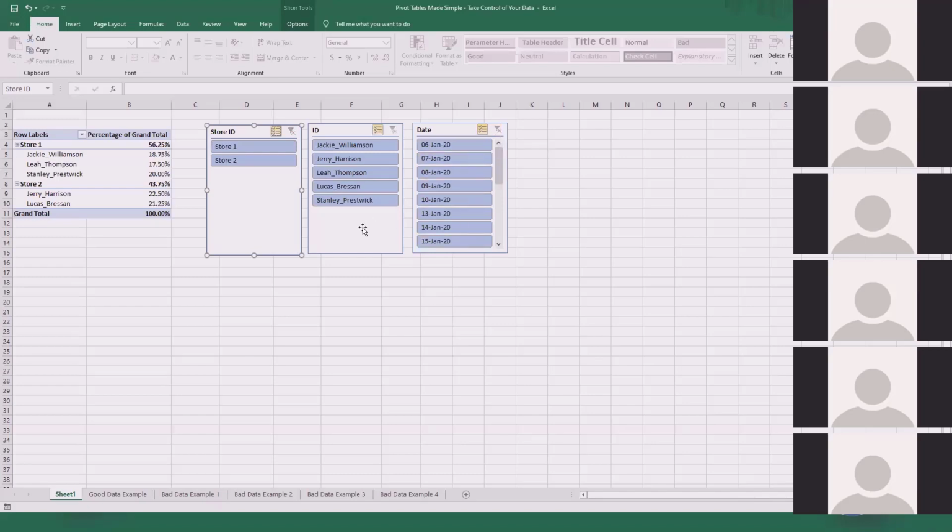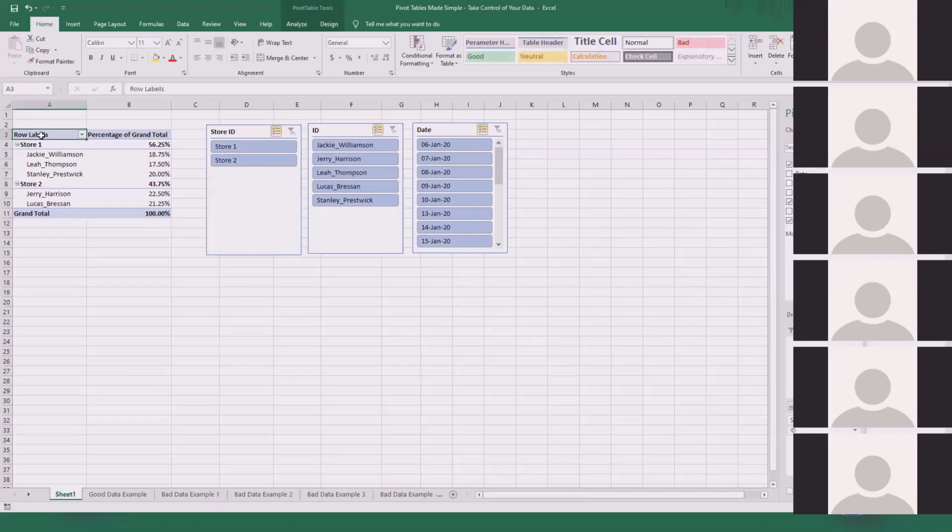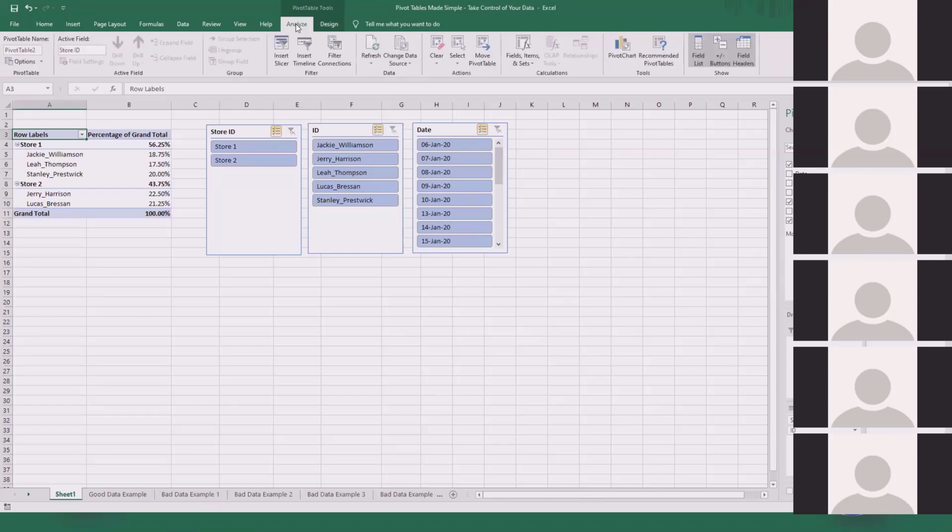So that's pretty cool. Our next part here is going to be about charts because filtering is great, but it's not going to make a lot of sense if you don't have your charts in there as well, because the charts are a perfect way of visualizing the data that you've now summarized. So what I'm going to do with my charts is I'm going to just click on my pivot table here. Again, you're going to go into the Analyze tab. And the Analyze tab allows you to add on a pivot chart, which is underneath the Tools grouping on the right-hand side of your Analyze tab. So if you just click on that,